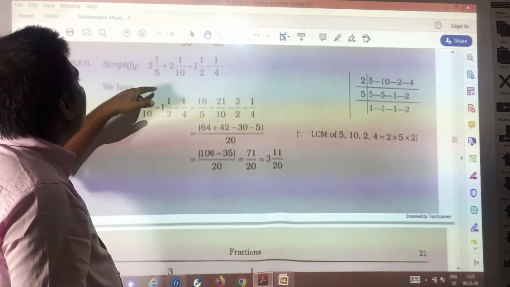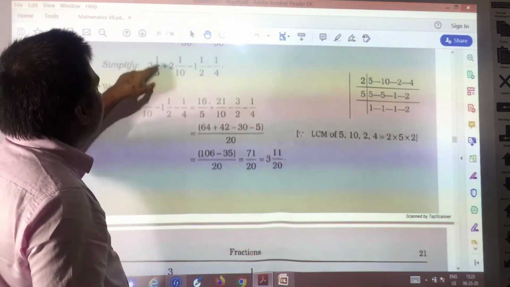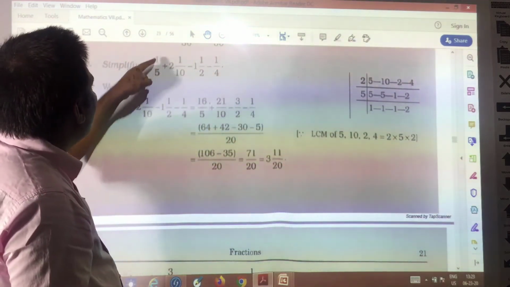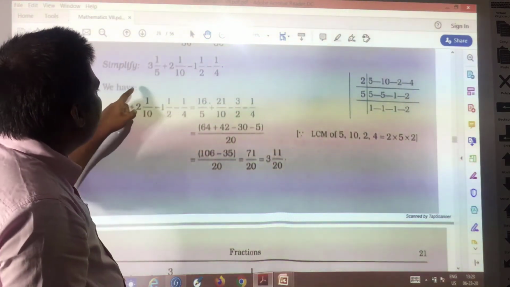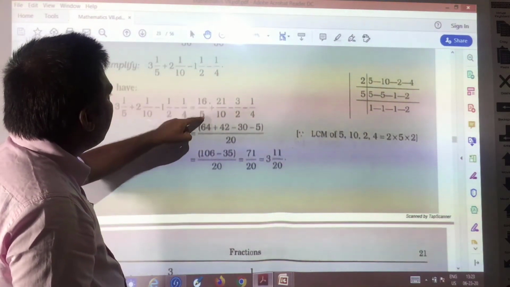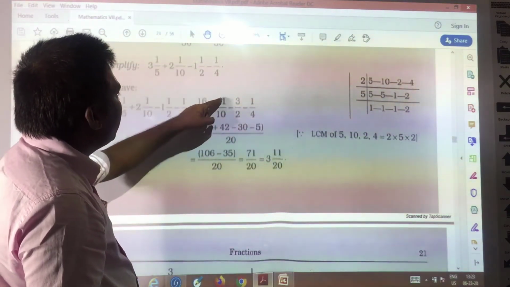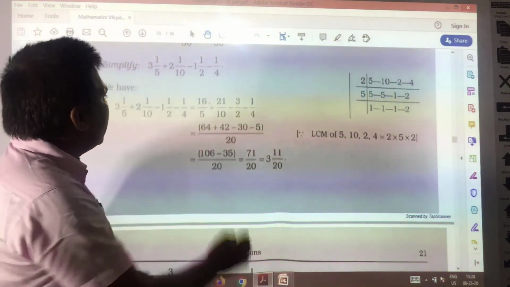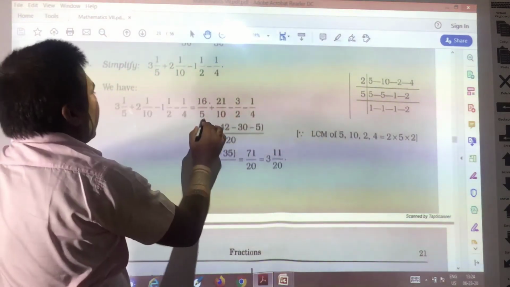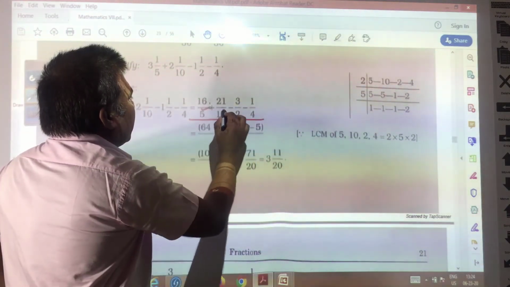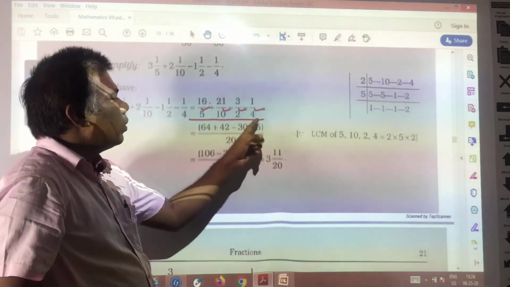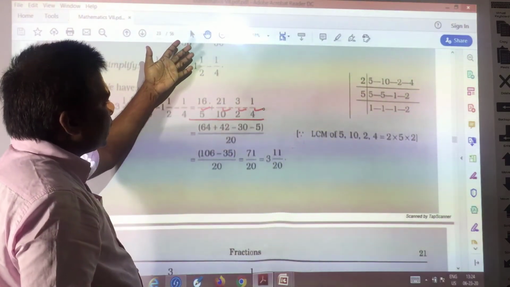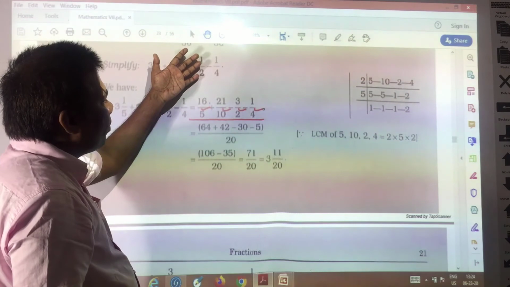You see, what you need to do is convert these mixed fractions into improper fractions. So, 3 whole 1 by 5 can be written as 5 times 3 is 15, and 1 is 16 by 5. 10 times 2 is 20 and 1 is 21 by 10. 2 times 1 is 2 and 1 is 3 by 2, and 1 by 4 you have. Then for these denominators 5, 10, 2, 4, you find the LCM. Suppose the LCM you got is 20, and the same method I explained now is required to be applied over here.